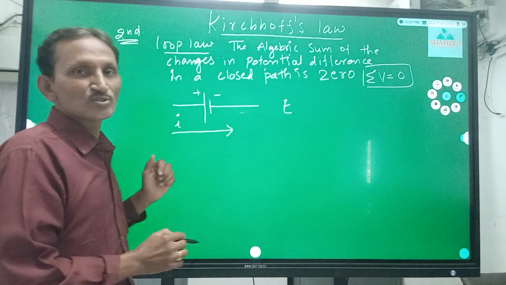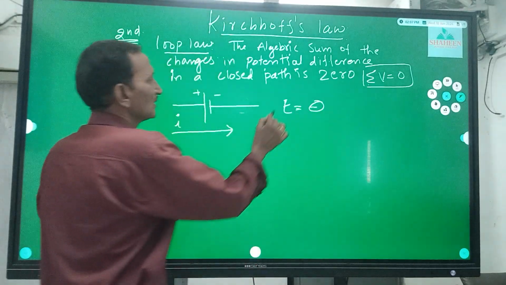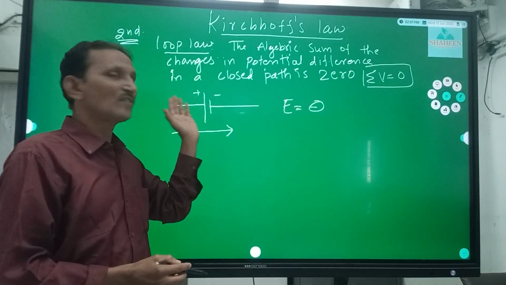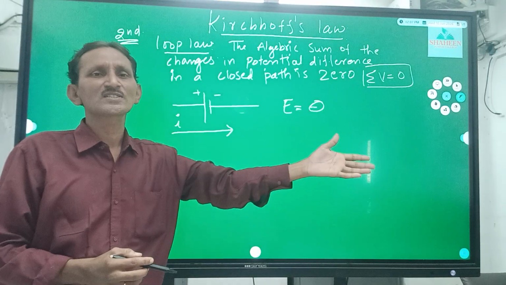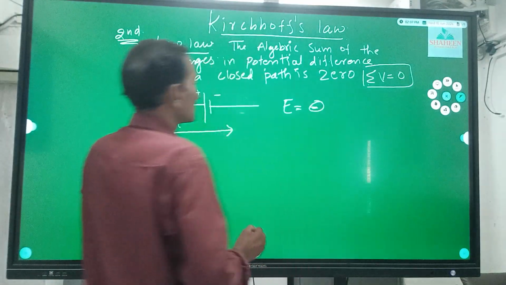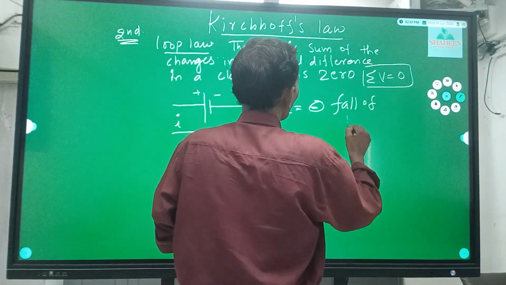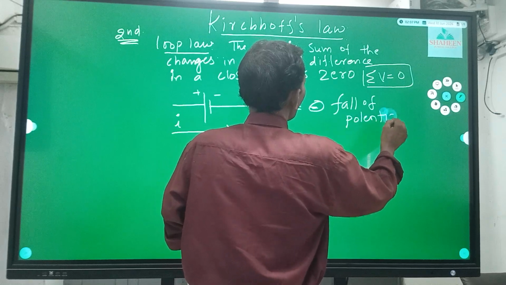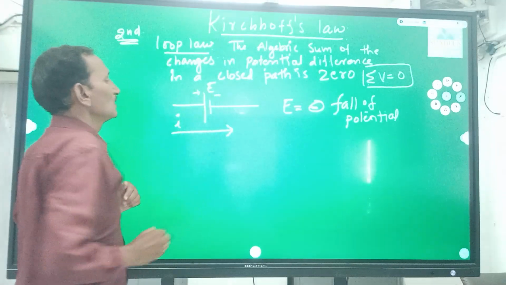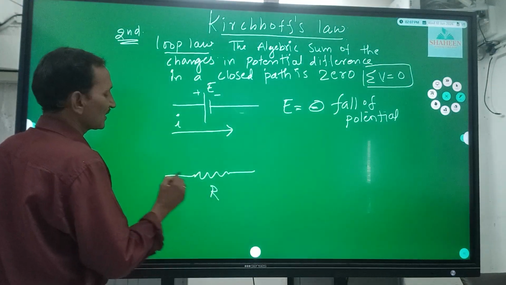What is the sign here? It is positive, so you put a negative. Take the negative sign, because whatever approaching sign you get, you go with the opposite sign. So E is taken as negative. This is a fall of potential; we are considering it as a fall of potential. Now, in the case of resistors,